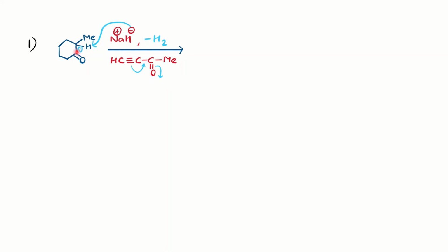So the more substituted double bond is going to form on the methyl side. So this proton is going to be abstracted, followed by the 1,4 addition, the Michael addition reaction. You will get this product, which again in the presence of base, the terminal proton is abstracted to form a product, and you will get here. So basically you will be having a carbonyl group here, which is not indicated here. So you write down a carbonyl group here.